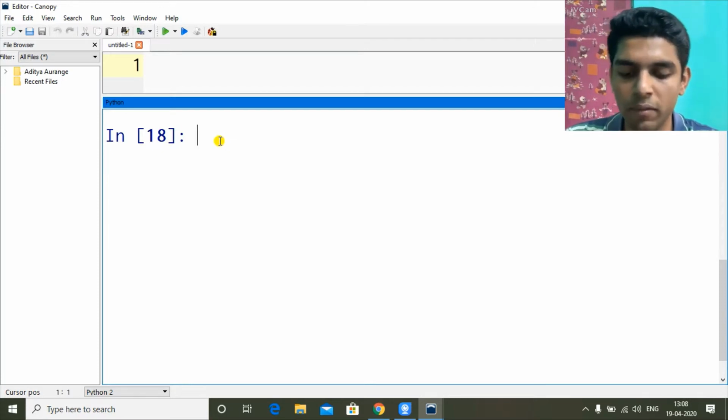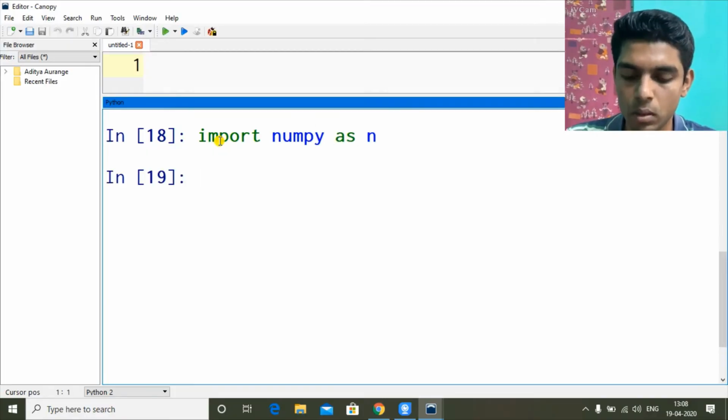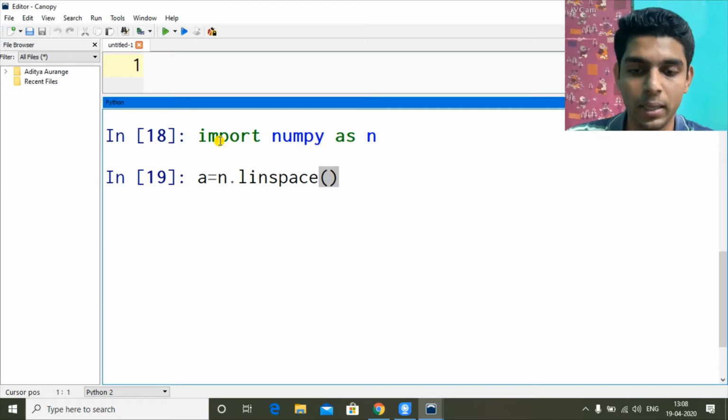So first start with importing numpy. Let's create an array of equidistant points. N dot linspace, and then we have to give the starting and ending point. Let's say I want 20 values ranging from 1 to 20.